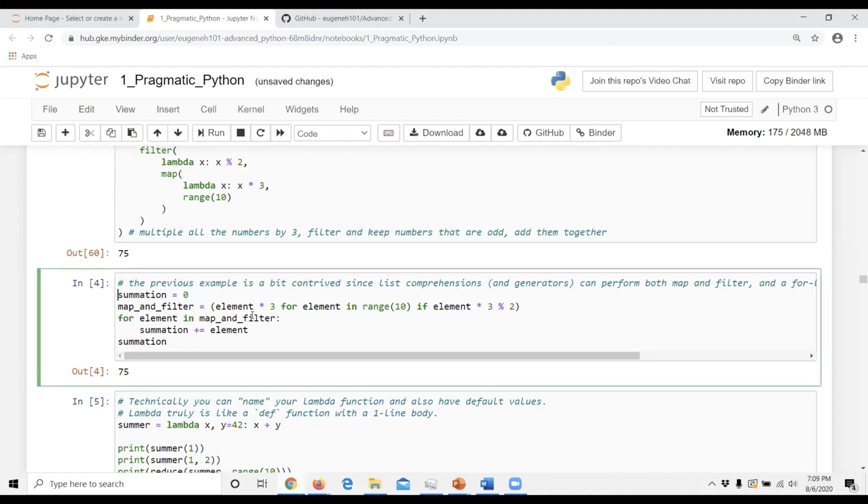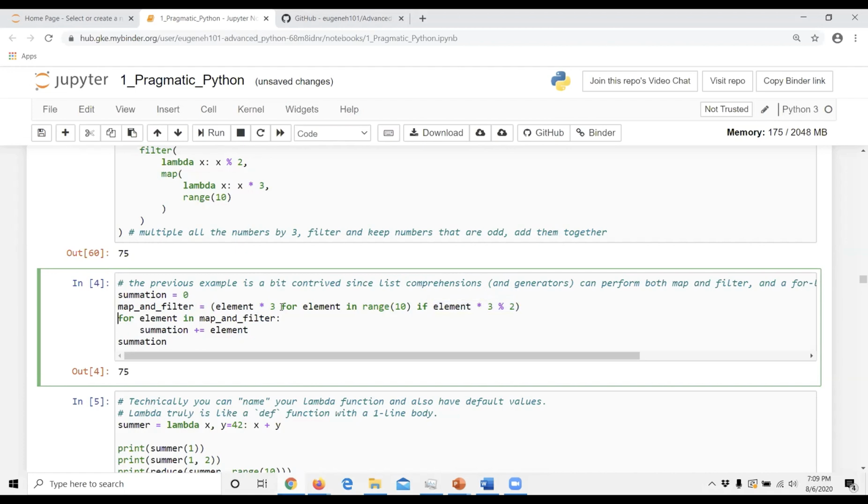So you can do the same thing with list comprehension. List comprehension can emulate a map and filtering operation perfectly, because here is the mapping operation, multiply everything with 3, and here is the filtering condition.